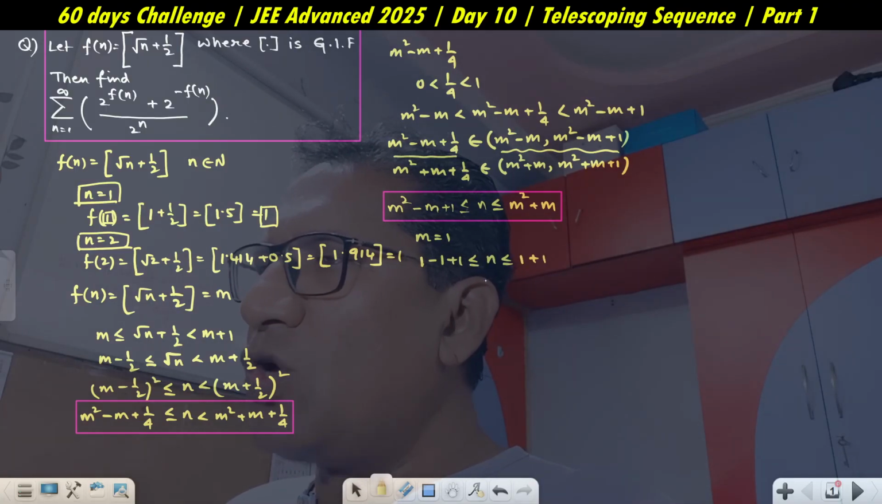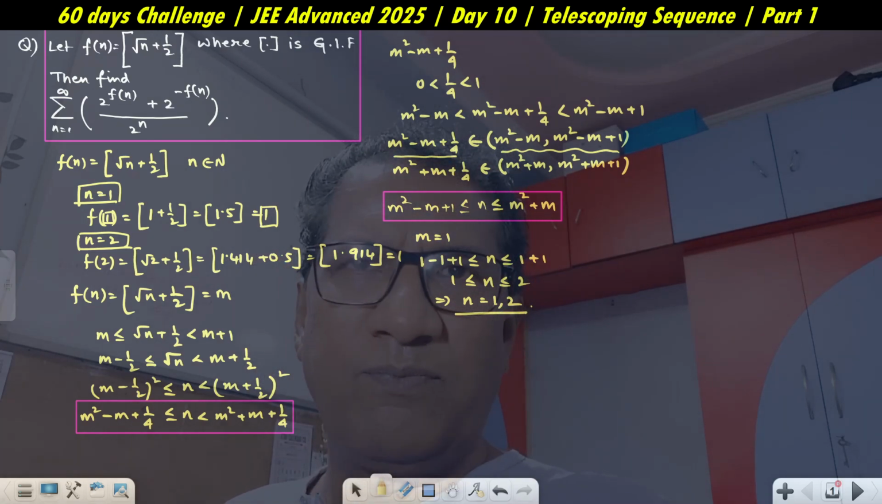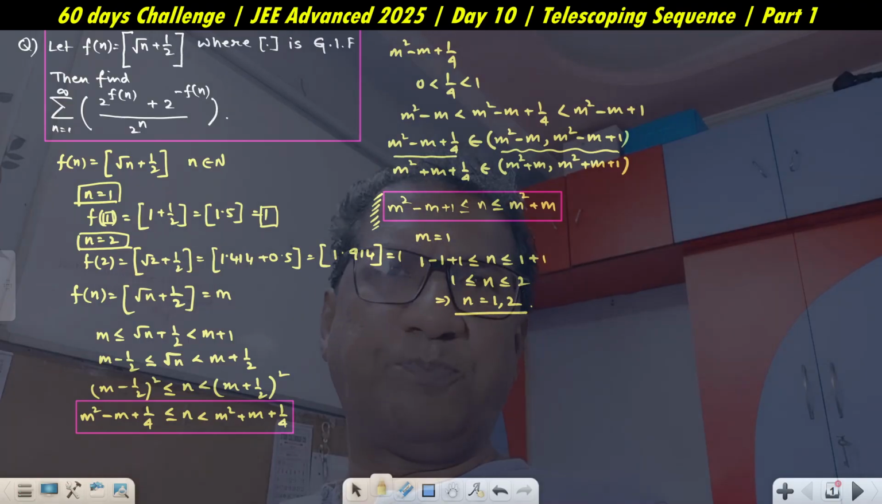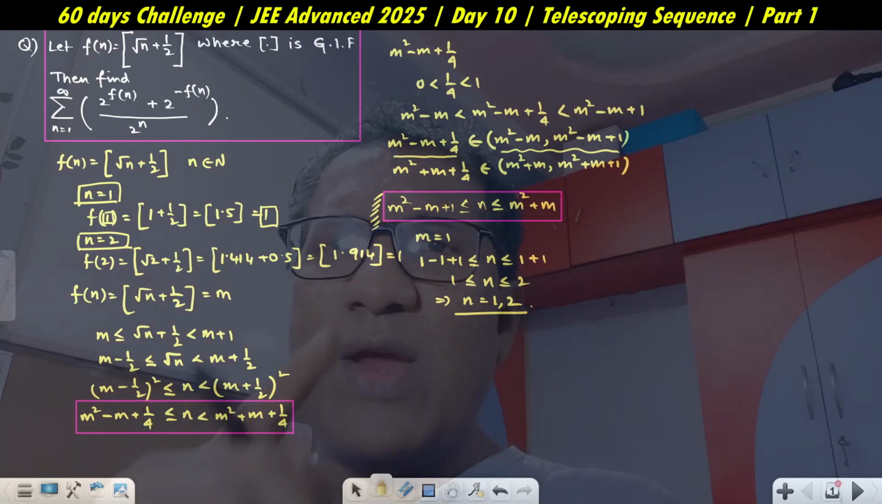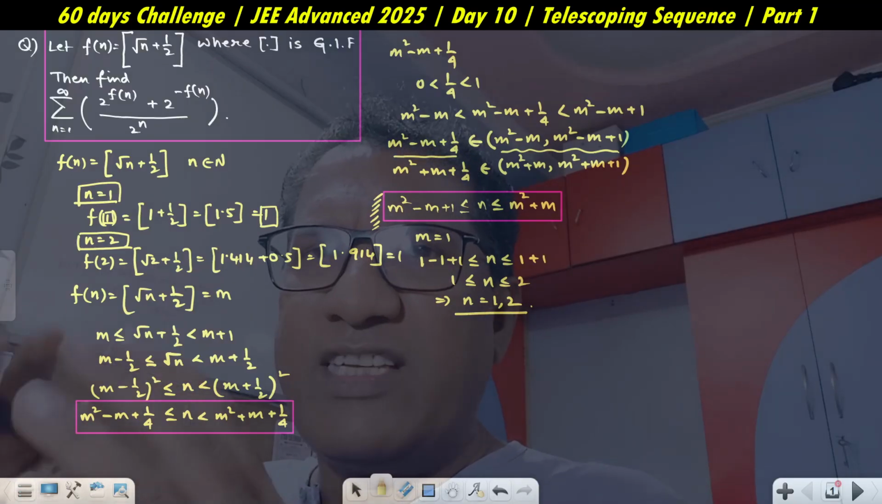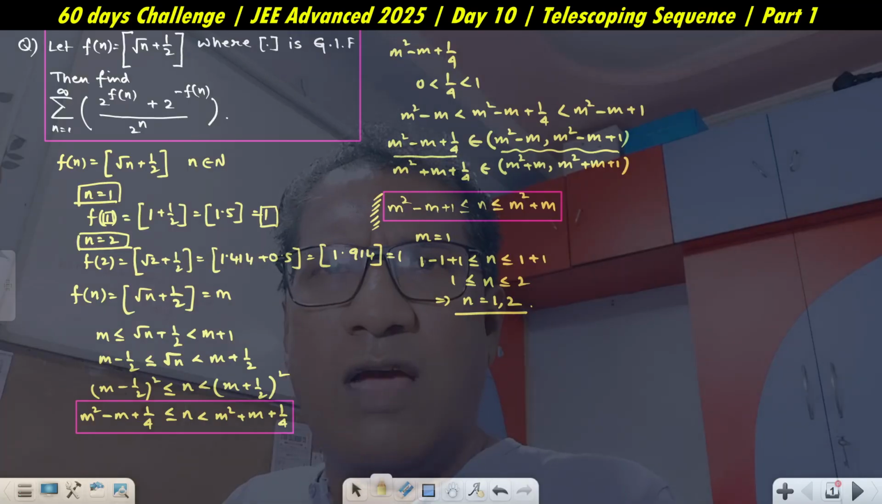1 plus 1. So your n is basically lying between 1 and 2. That implies your n will be 1 and your n will be 2. Getting the point? So your n is lying between this range. This is the first trick that we have learned: whenever there is some value inside the greatest integer function, you can take it out by using